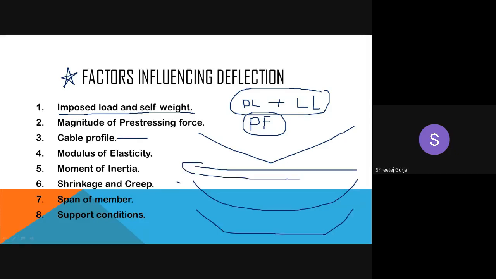Which is this profile? What kind of cable is this? It is a straight cable, right? Straight cable. You can see it is a straight cable. So that is nothing but the profile of your cable, how it is arranged in your beam. Okay, now next, what is this, the second one which I have drawn? It is not sagging. It is called a parabolic cable. Okay, parabolic.